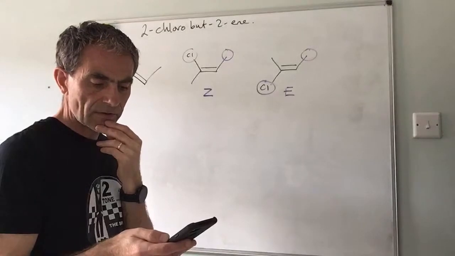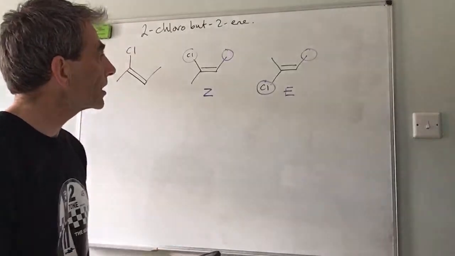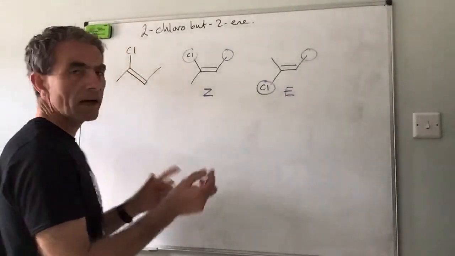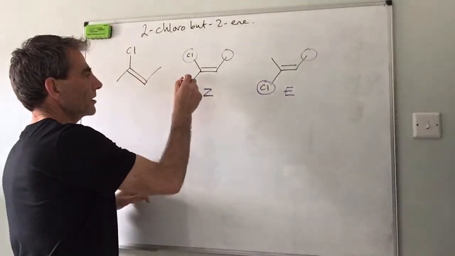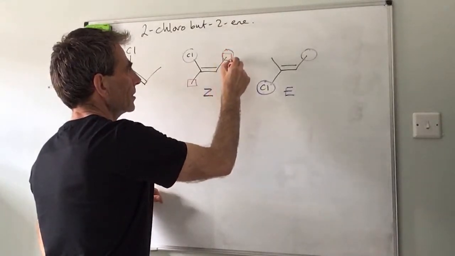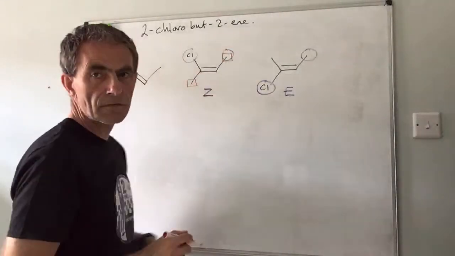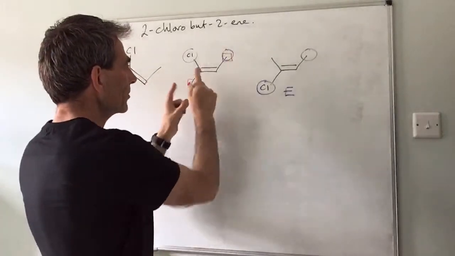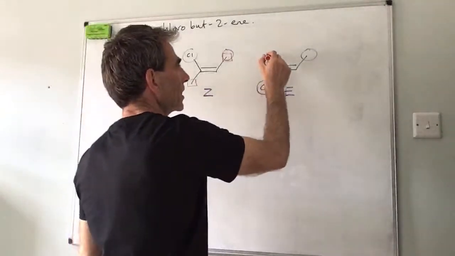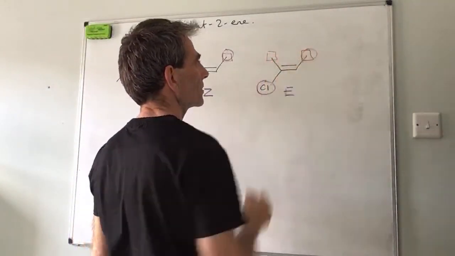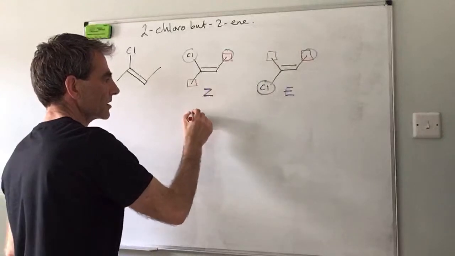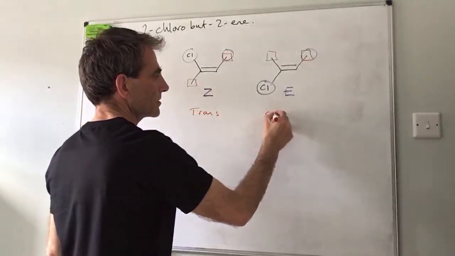It's a no, right? So we've got 3 no's. Okay. I'm afraid the answer is yes, it can. So why can this show cis-trans? What's this? A methyl group. What's this? A methyl group. And so you've got the same group on each carbon of the double bond. So it can show cis-trans. Okay, so I'll just put the squares round. So that's the identical groups are opposite each other, diagonally opposite, so it's trans, cis.